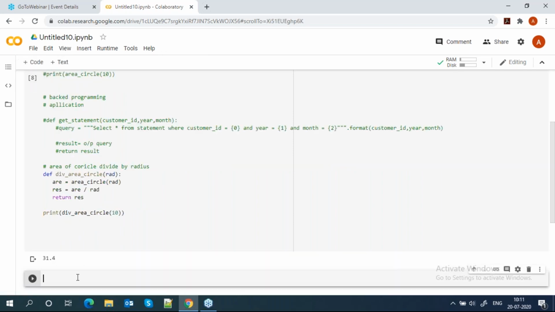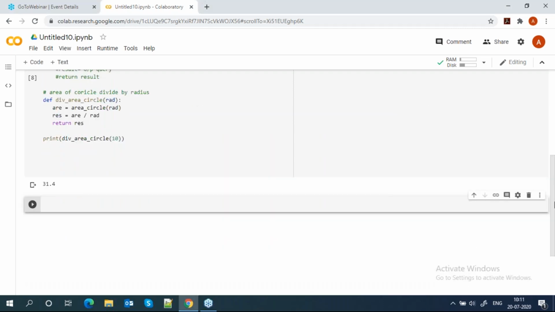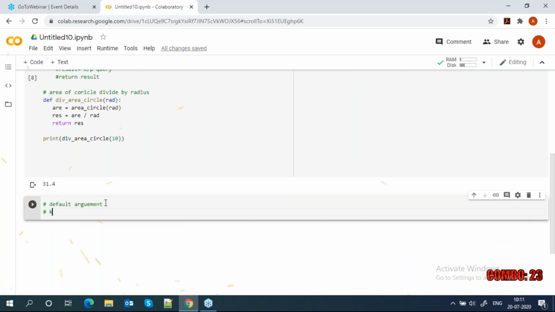Then there are some types of function. We divide functions according to argument type. One is with the default argument and one with the keyword argument.